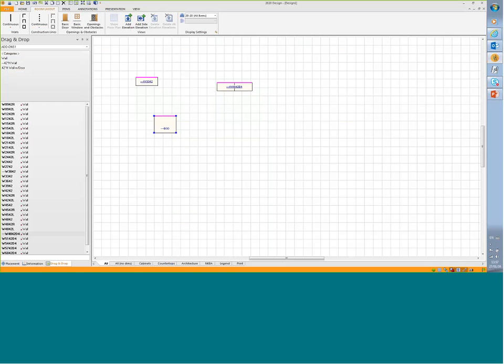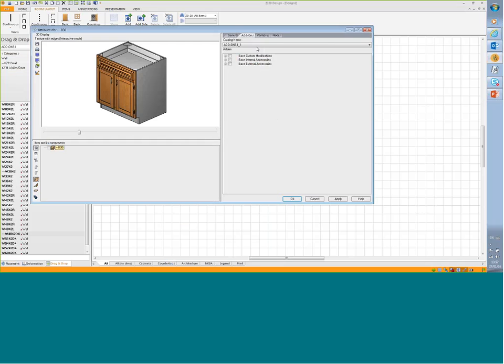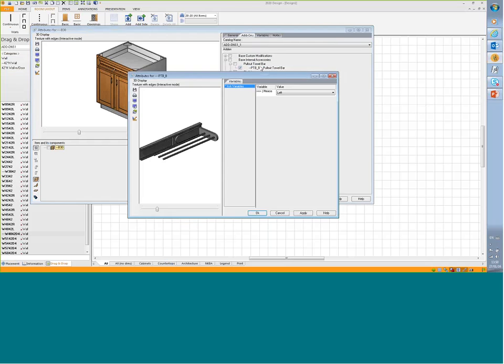So if we go back, just to refresh. Okay, the pull-out towel bar. So if we select the pull-out towel bar, then the system is prompting a dialog. It's asking to